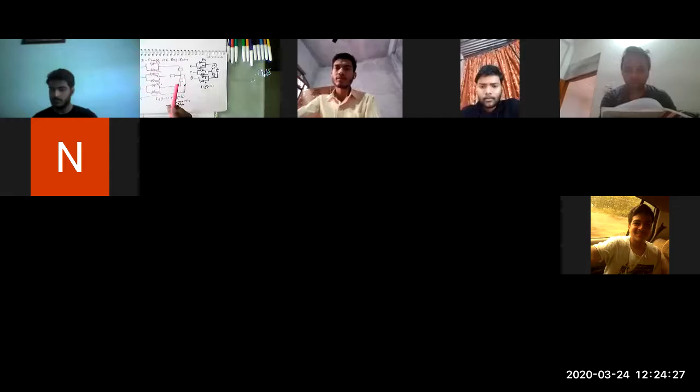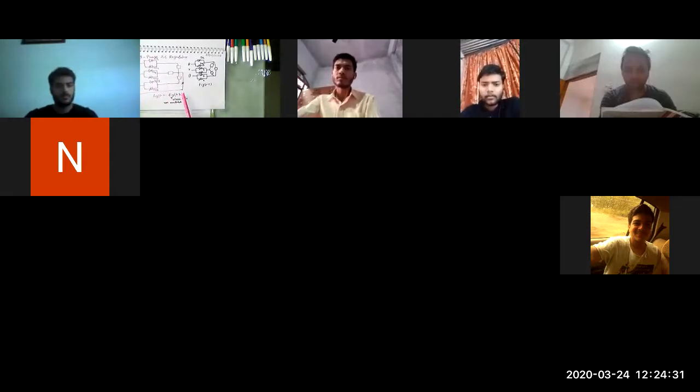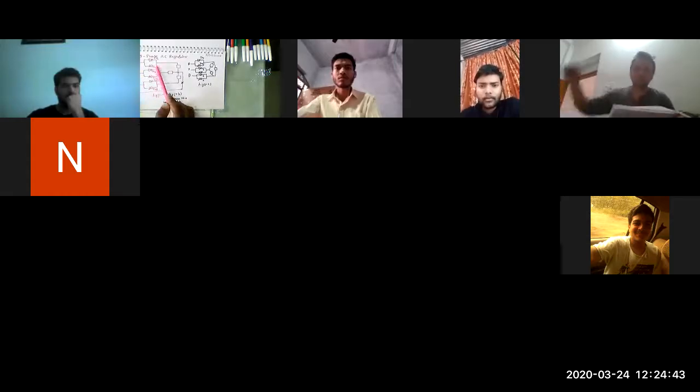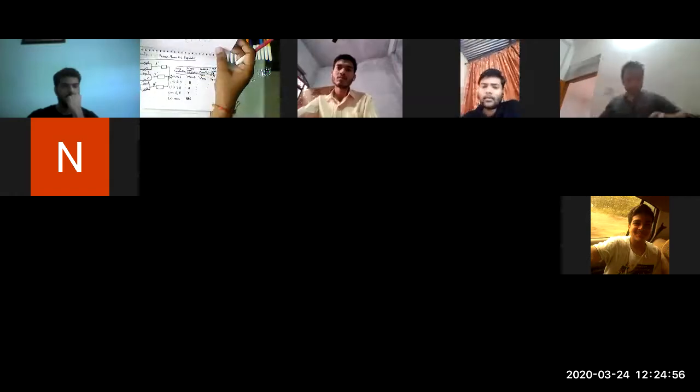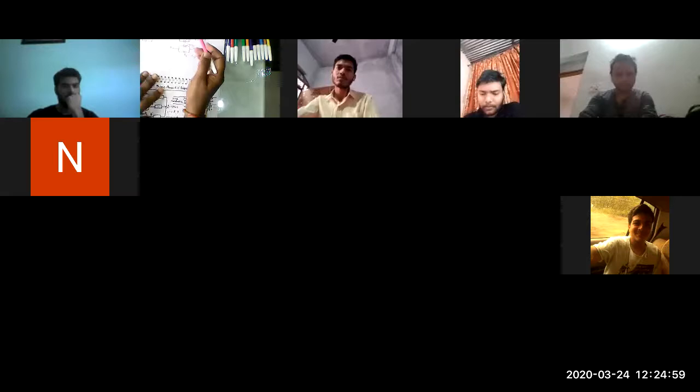These are some configurations which we have seen, like figure 1A and 1B, where in the three-phase AC regulator, one regulator is installed in each phase and neutral is also available. In this case, these regulators can be controlled as single-phase AC regulators because individually they can control. Neutral is available.